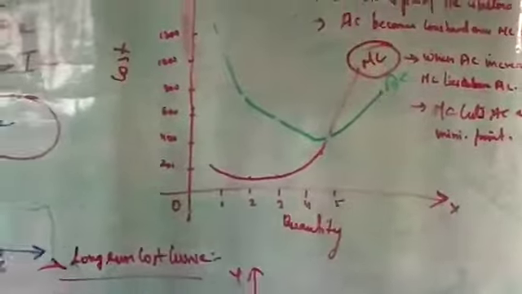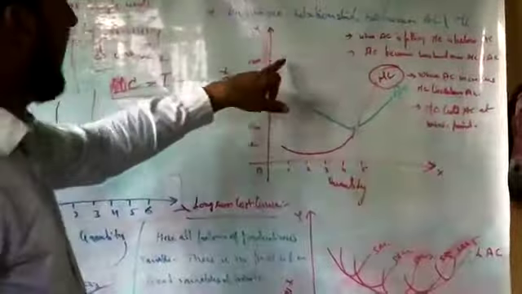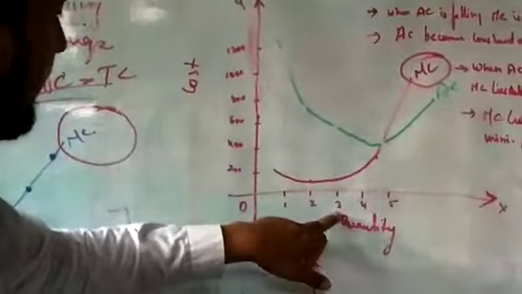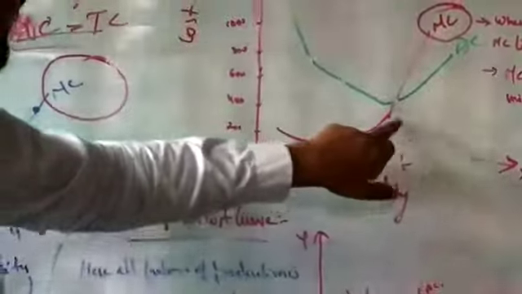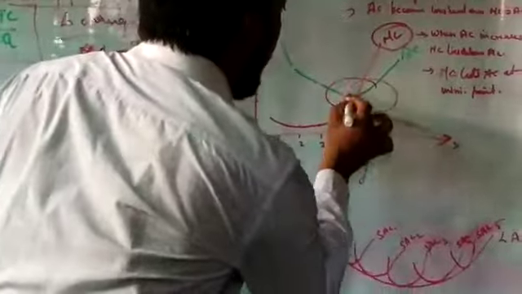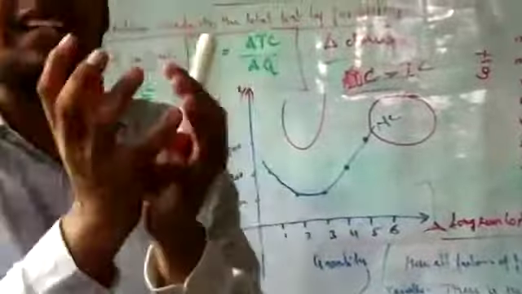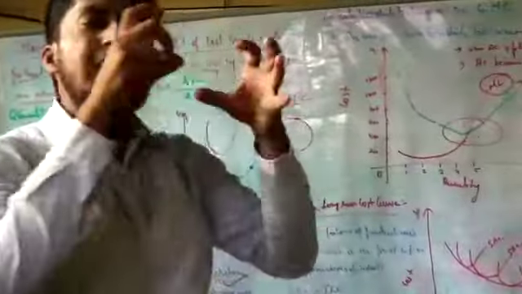Right? For AC you have to go to your previous class and find it. For 1 it's 200, for 2 it's 650, for 3 it's 466, for 4 it's 360 and for 5 it's 300. See? Both are meeting at the 300 point. This is the point which we have to take care of, where MC and AC meet. That's the point we call the unique relationship.